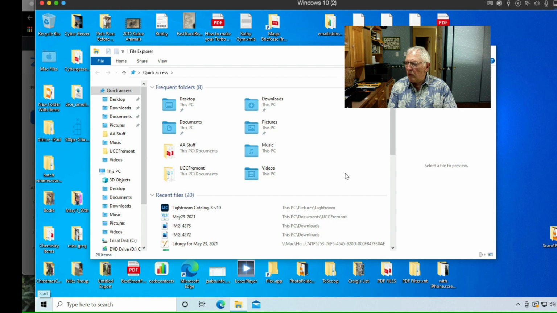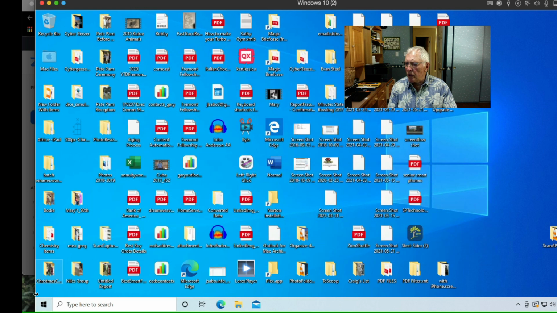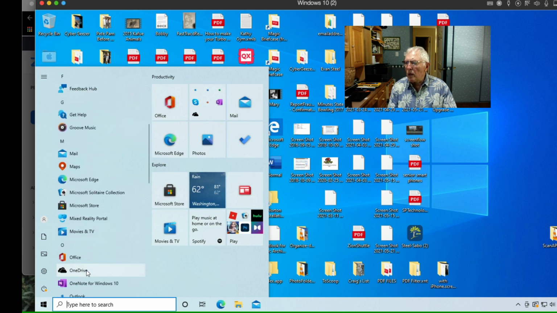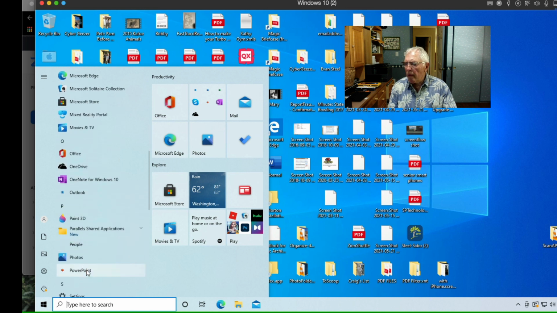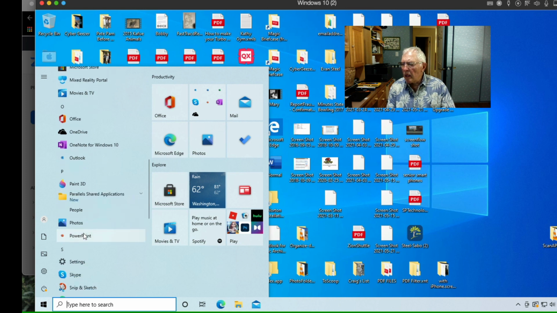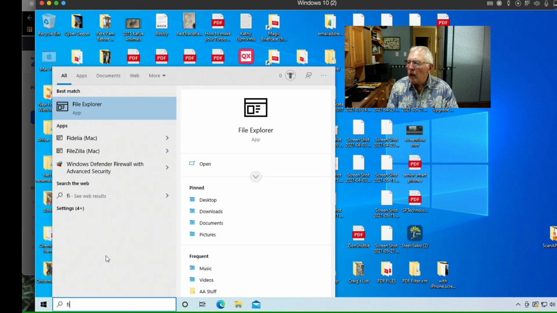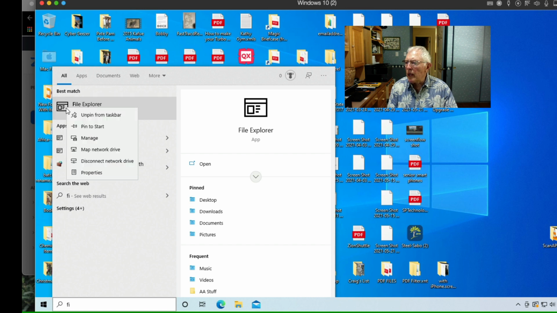Or of course, if you don't have it on the taskbar, you could go back to that same place, File Explorer. Let's see where I'm at here. I should be able to find that icon here, maybe not. Anyway, what I would do is make sure that that's here. Let's try one more time. File Explorer. And if I right click on that, see I can,